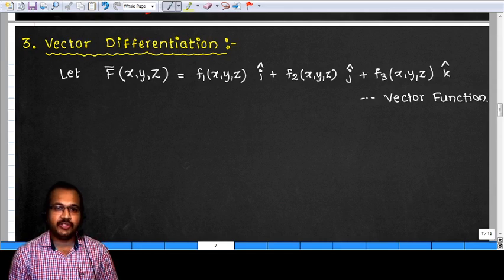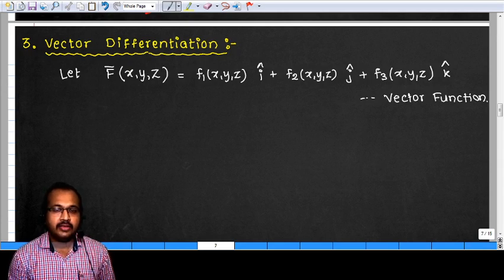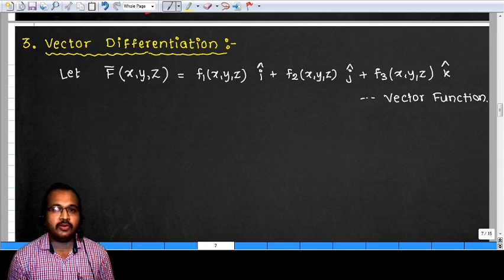Let's start vector differentiation. First, vector differentiation and the rules of vector differentiation are the same as in ordinary calculus. Meaning, if f bar of x, y, z is a vector function, then it will follow the same properties as those of an ordinary function with respect to variables x, y, z. The continuity and differentiability properties are on the same grounds as those of an ordinary function.